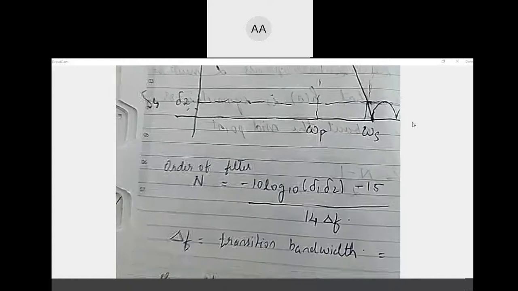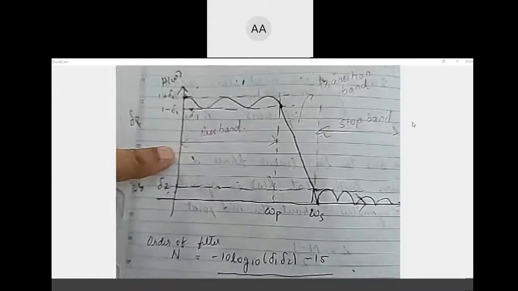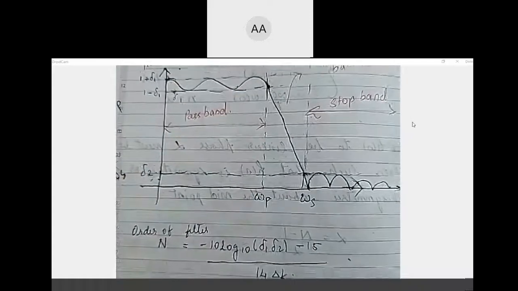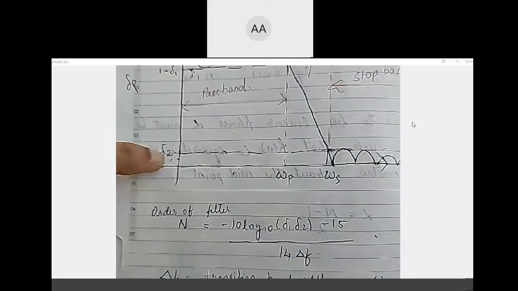This is the usual formula that is given, but you may not really be using this. In very rare cases, we'll use this. Just have this formula with you and know what the pass band, stop band, and transition band are, and what delta P or delta S, the pass band ripple and stop band ripple, are. Just know what it is.